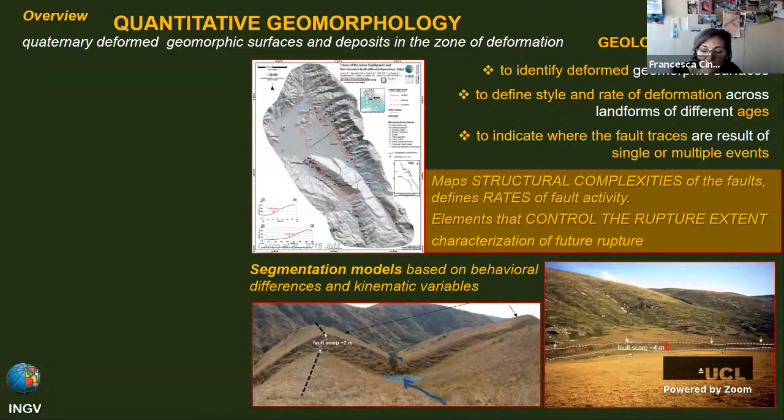But under a modeling context, let's say, the quantitative geomorphology maps the fault and maps structural complexity of the faults, defining rates of fault activity. And so these are among the elements that control the rupture extent, and so really critical to characterize the future rupture. For this reason, segmentation models should be based on behavioral differences and kinematic variables that are also structured through this